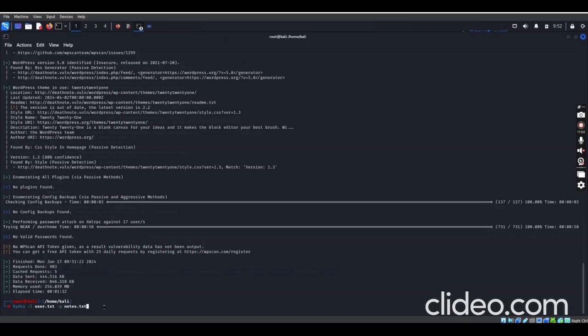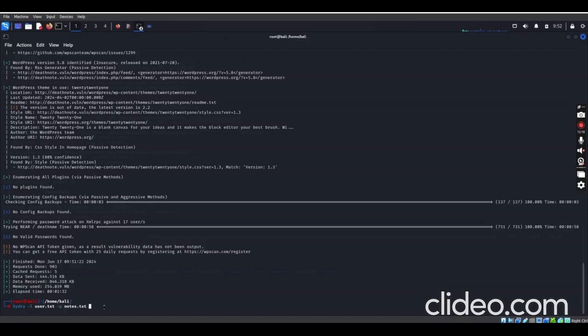Remember I told you that we actually don't know the username and the password for the SSH itself. So let's see if we can get the username and password for the SSH.